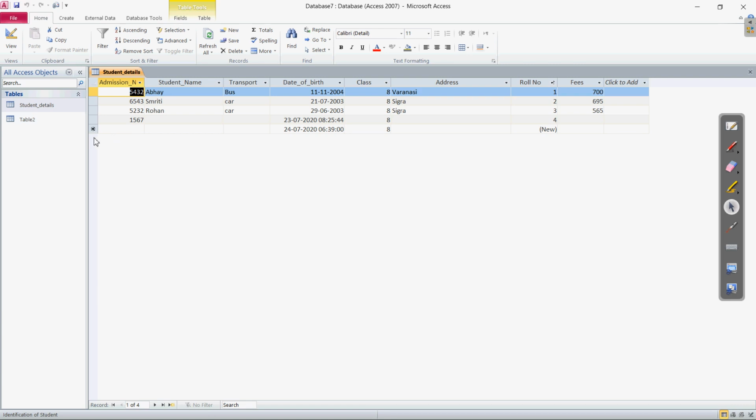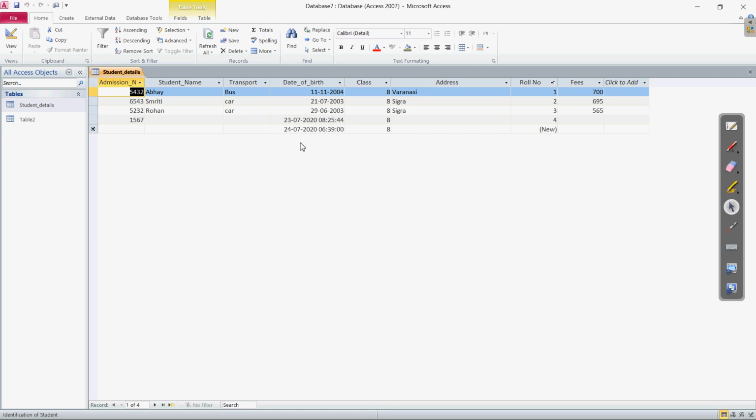If you make a new record, you will have to enter at least the admission number, and the rest, if you don't want to enter that data, can be left. But the admission number is compulsory for any record. Clear? And in the date of birth, as we have chosen the Now function, it returns the current date and time. Clear?